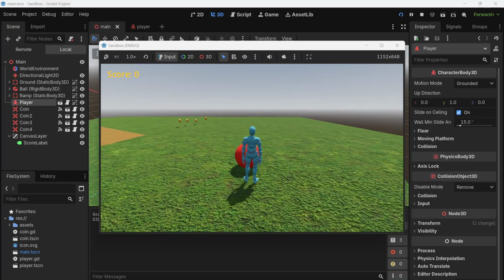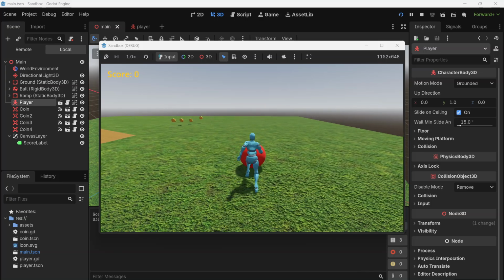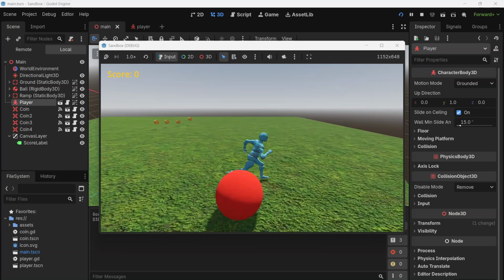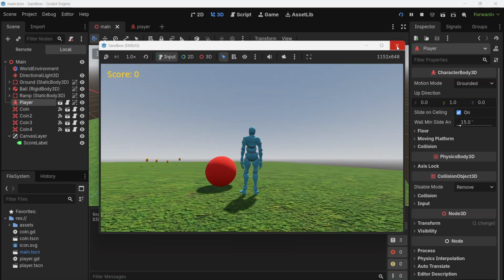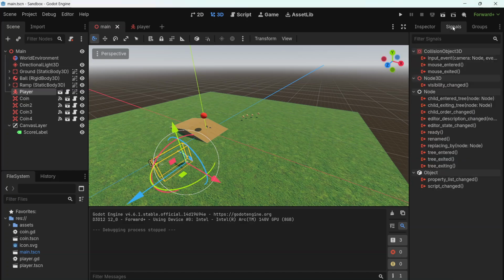I can kind of change its direction if I snick it on an angle, but most of the time it's really just in my way. It's not behaving much like a rigid body that I can push. So I'm going to find a way to push this ball. The first thought you might have is we've used signals before to check for collisions. Unfortunately, the signal really just tells us that we've collided with something, and it doesn't give us quite enough information